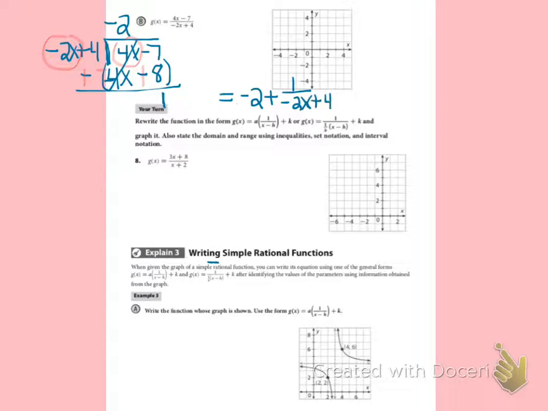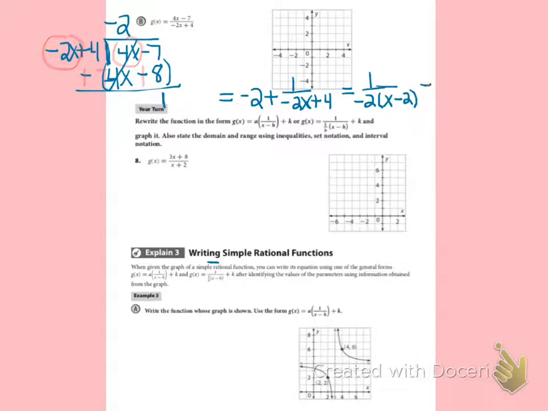plus 4. Now if I really wanted to make it look like that original general format, what I might want to do is flip it around so that the minus 2 is off the end, and then also take that denominator and factor out that negative 2. See how there's a common factor of negative 2? I could take out the negative 2 and make this x minus 2,